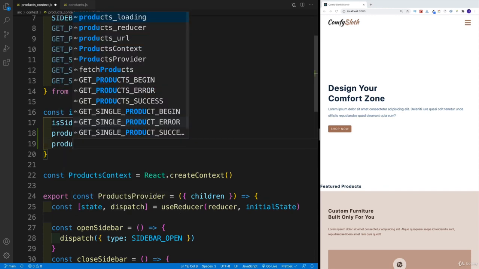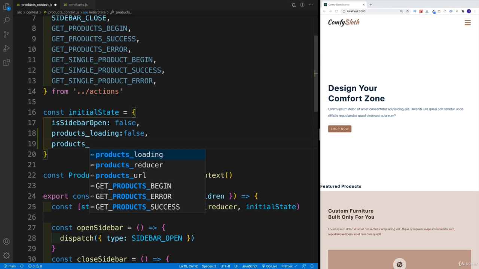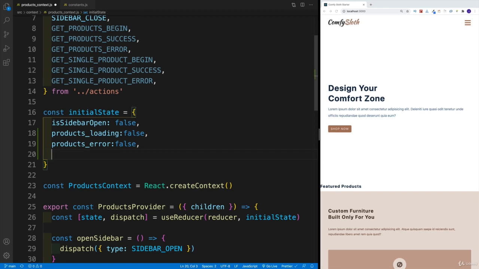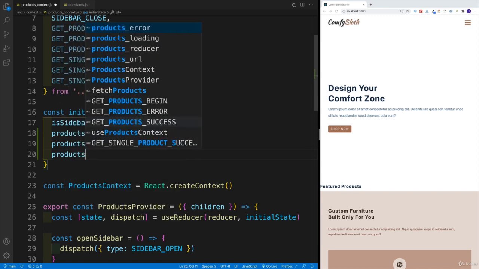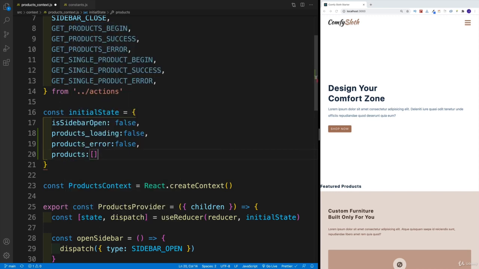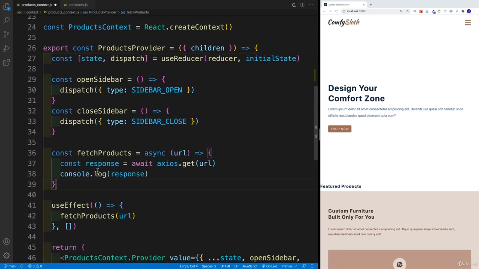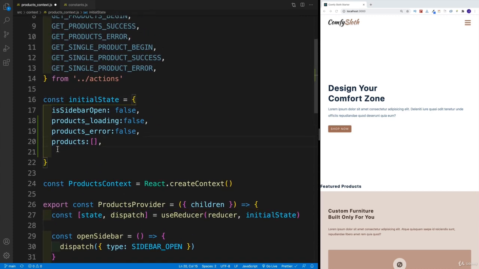Then I would also want to handle the error. And we're going to go with products underscore and then error. Again, by default, it is going to be false. Then I would want to set up my actual product. So eventually I know that if everything is correct, I'm going to get my product. And then I also have the featured products, correct? And featured products, I will pull out in the actual reducer. So I'll get all the products. I will pass in as my payload. And then eventually in the reducer, I will pull them out. So by default, they are going to be featured products. And they're just going to be an empty array.